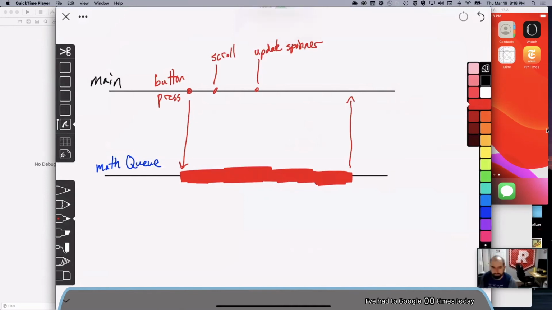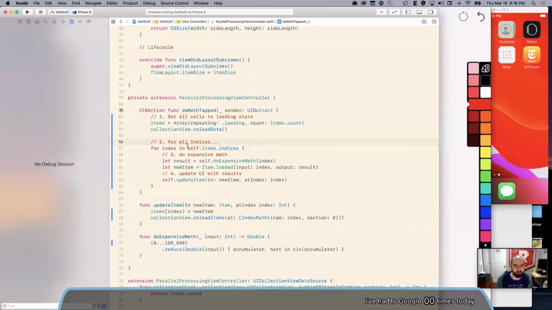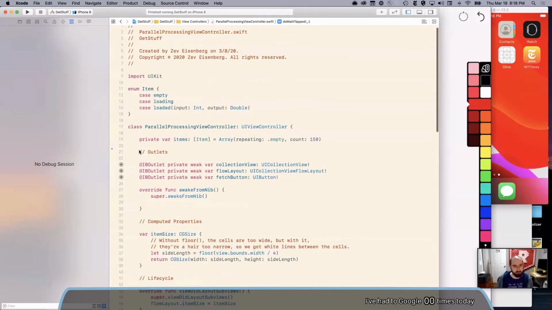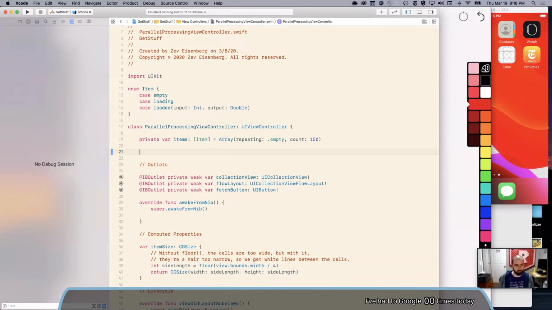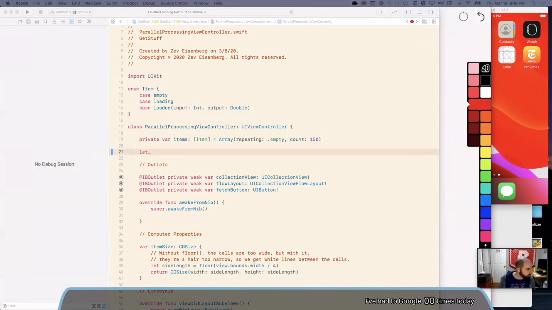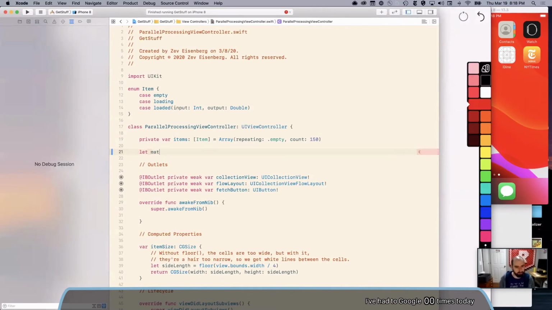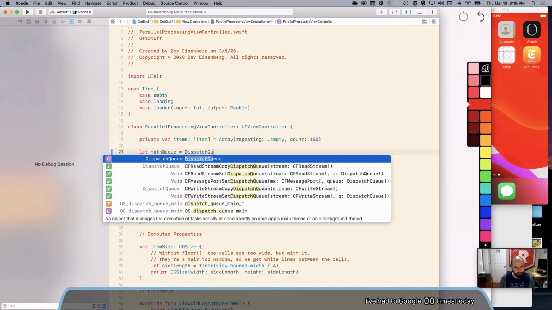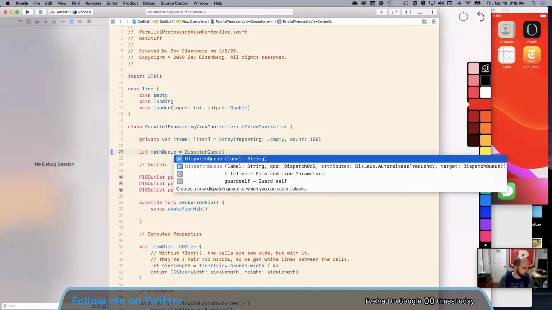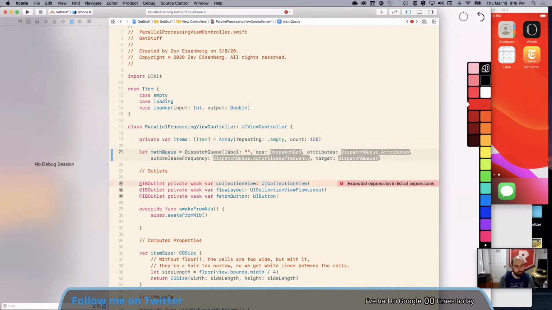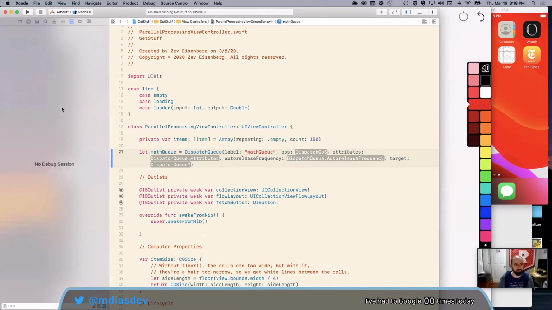So let's try that. That will be sort of step one. We're going to move this over to be better in stages. So I'm going to make a queue, and a dispatch queue you make just like any other object. Let's see, what did I call this in my sample code? Yeah, math queue. So I'm going to make a dispatch queue, and you can give it a couple different properties. It's always a good idea to give it a label. I forget if it's required, but I definitely would, because it will show up in the debugger as that label. It makes it easier to figure out what you're looking at, which we will definitely do.